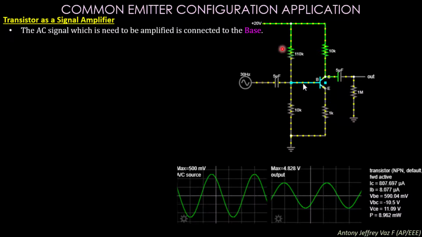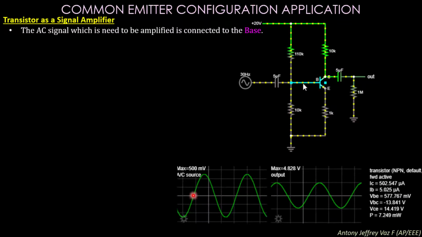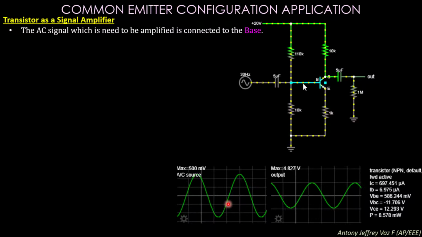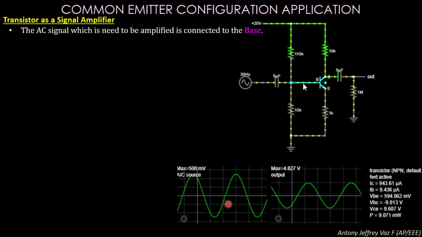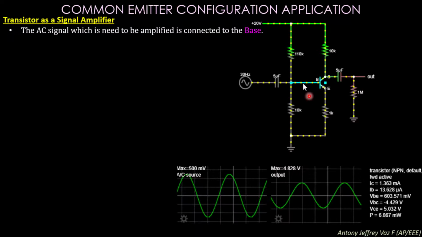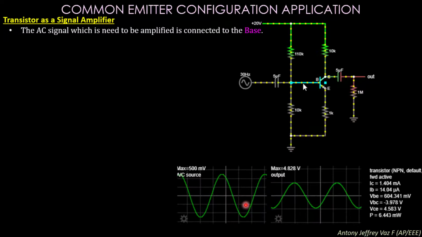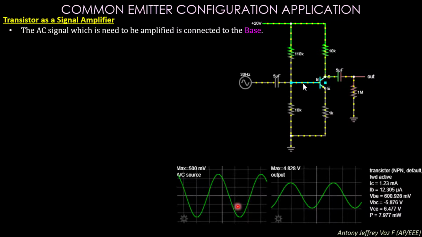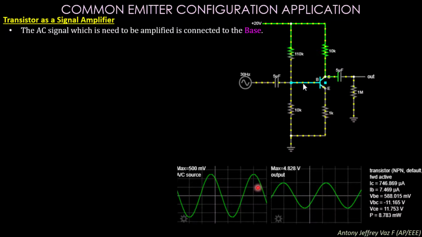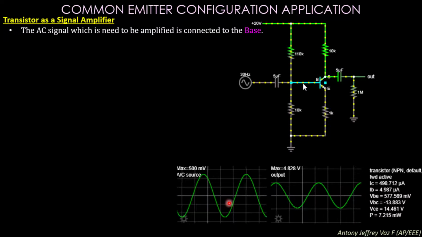So in this case, while you are applying an AC signal, you may see the AC signal has a positive peak as well as a negative peak. So while you apply these types of signals, what happens? The transistor will work in forward bias. While you apply the negative peak, the transistor will become reverse biased and it will not work. To stop this, you are going to superimpose the sine wave onto a DC level.